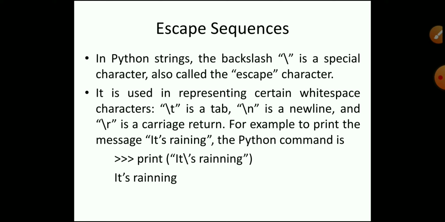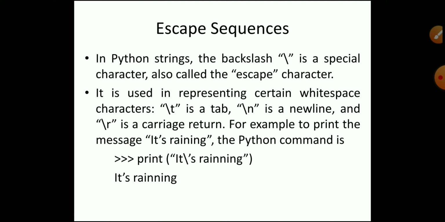So what is the problem here? At running time it will give an error. Why? Because a string mentioned with single quotes and double quotes, here there is only one single quote, so at running time it will display an error. So if we use only a single quote without backslash, an error will come. We have to use backslash and single quote. So for what purpose are we using backslash here?